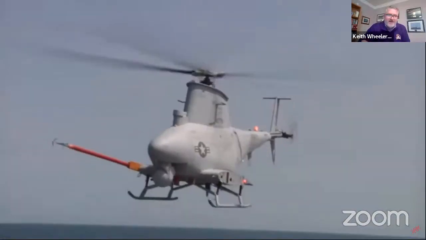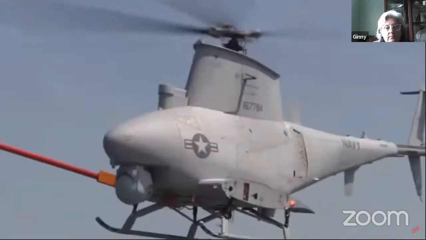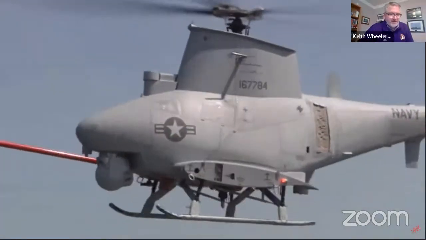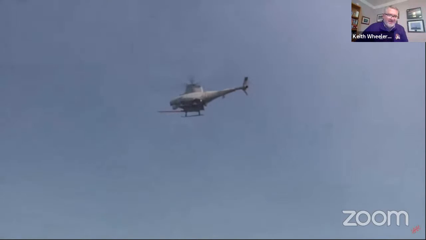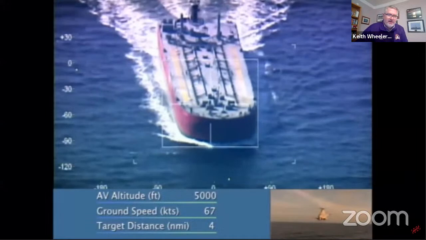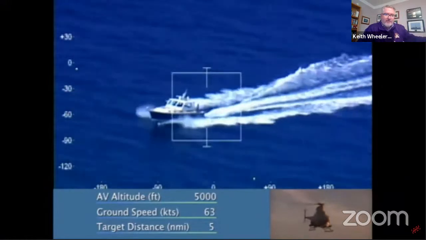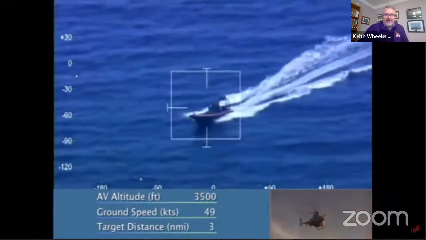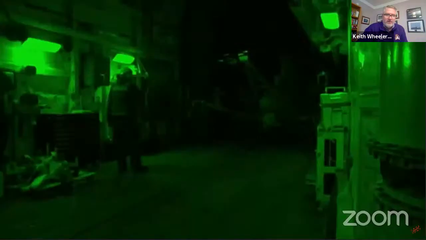And so the benefit to having things like this, the pilots always have to have crew rest. Unless it's an emergency, they can only fly a certain number of hours a day or a week. So there are limitations on the human when you really just want an eye in the sky, a vertical view of a lot of things going on. If you had two of these, you could keep that eye in the sky out away from the ship. It's a very effective tool to have so you get an understanding of what's going on, especially when